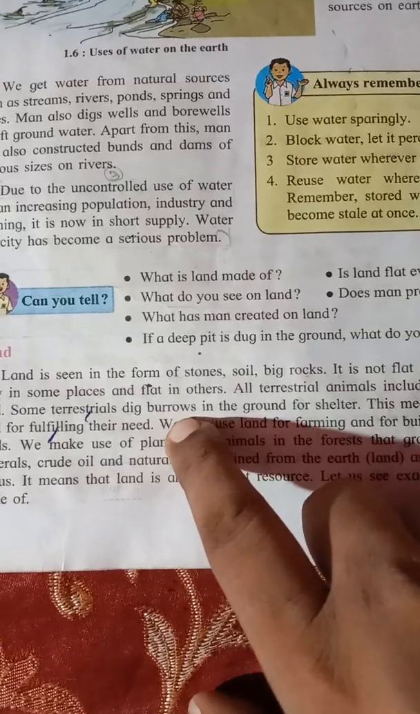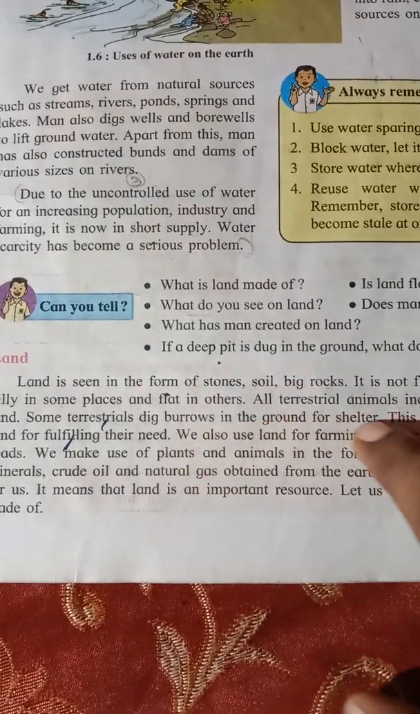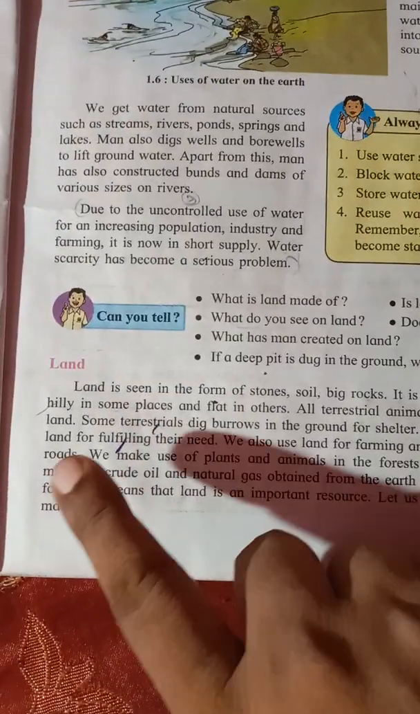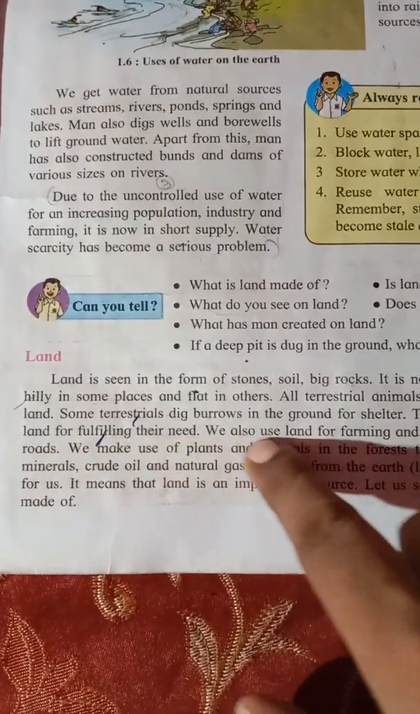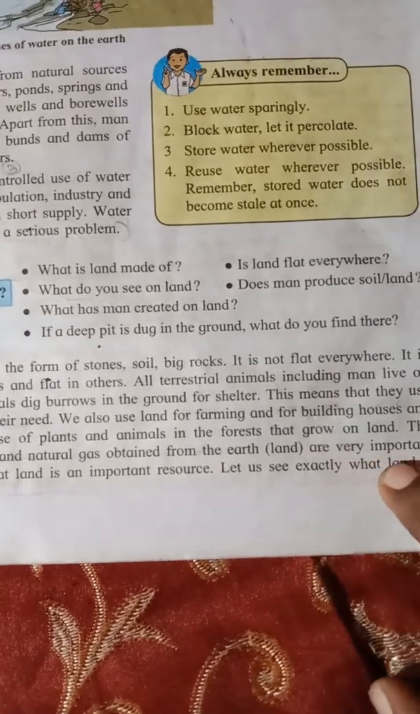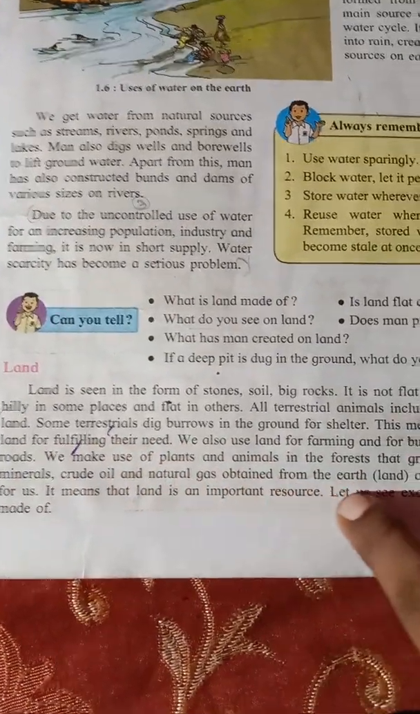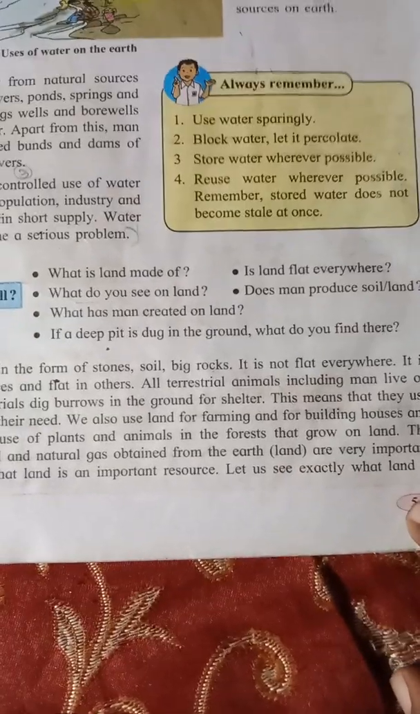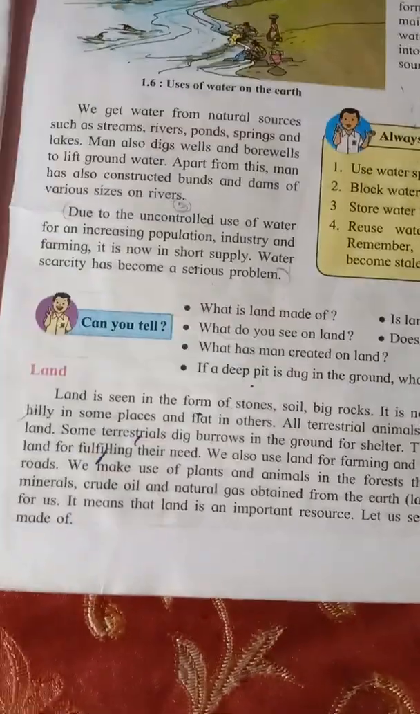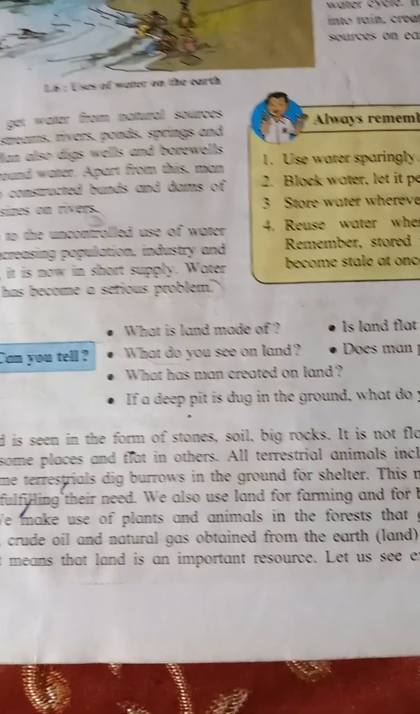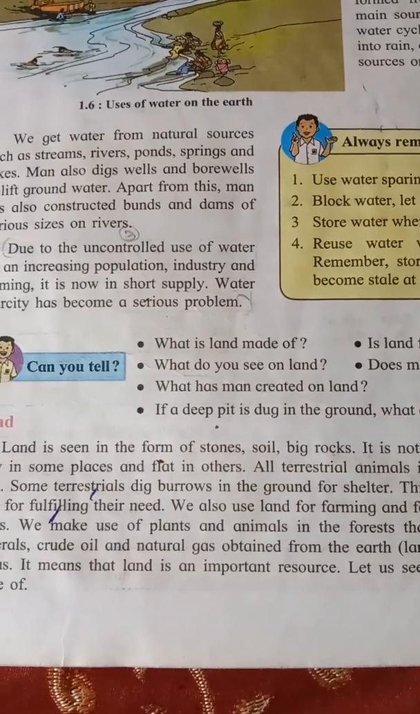Some animals dig the ground to make burrows for their shelter. This means that they use the land for fulfilling their needs. We also use the land for farming and for building houses and roads. We make use of plants and animals in the forest that grows on the land. People also use the land for making houses, for plantation, gardening, and all